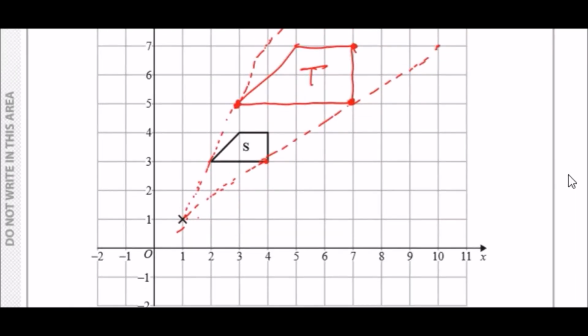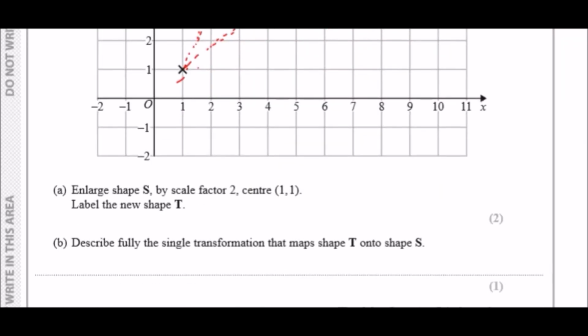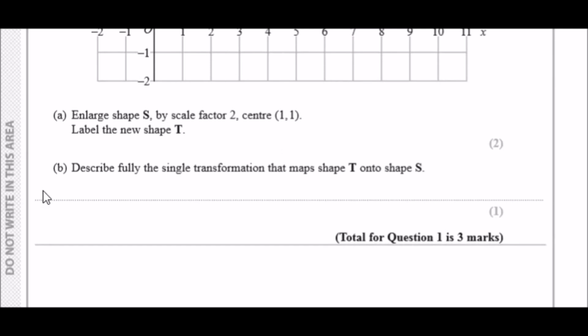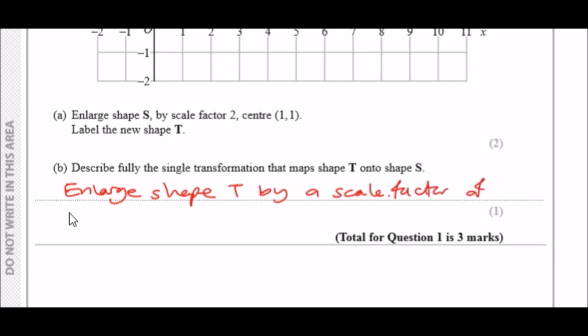Okay, so actually they pretty much want us to figure out how you describe going from T to S. So going from S to T, you're doubling it. So clearly going from T to S, you're halving it, or a scale factor of half. So we could say enlarge shape T by a scale factor of half